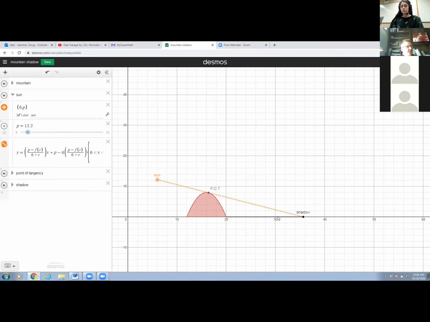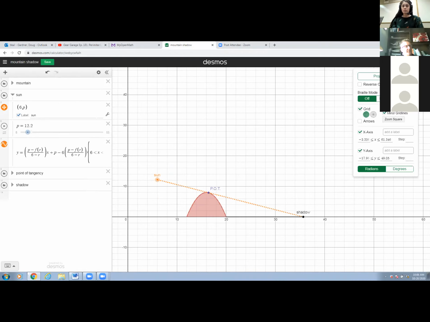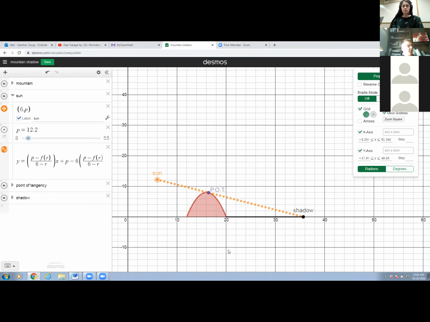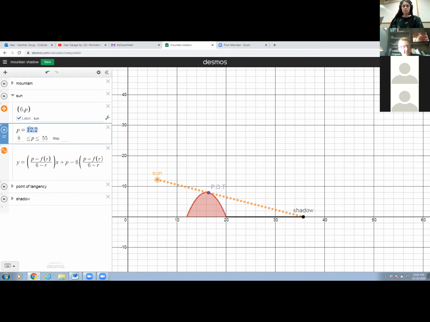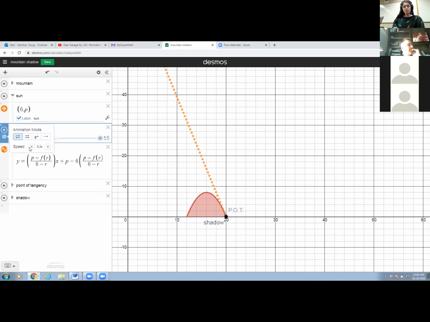We did this project before where we saw that the rate that the shadow grew down here is relative to where the sun is. Let's put the sun really high in the sky, and now I'm just going to let the sun set. Down here, by the way, you can control how fast this plays, so I'm setting this at super slow.